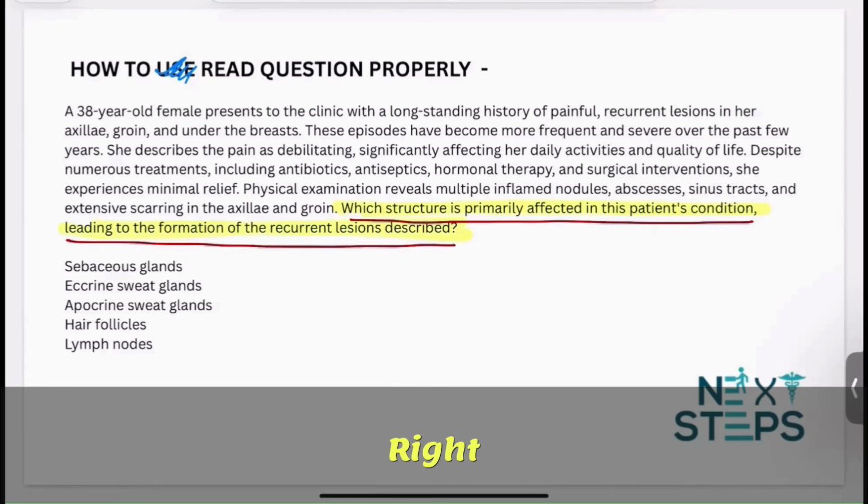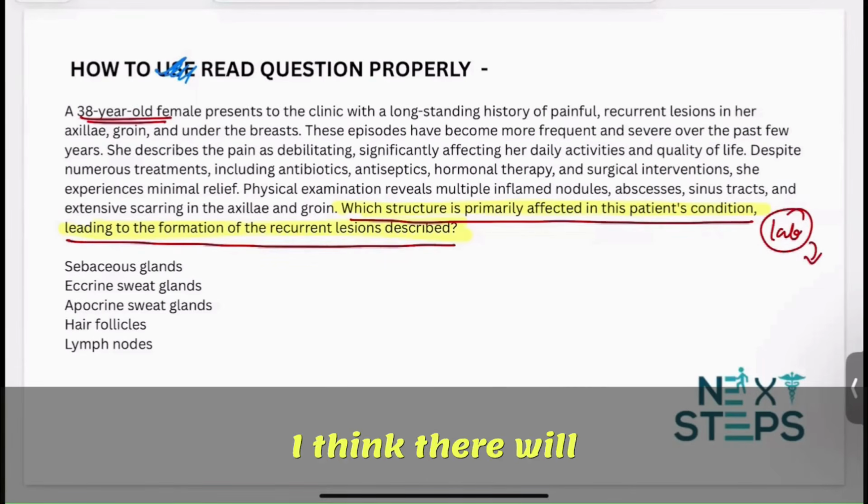Right. Now, after you have done the last line, you will have to scan the buzzwords. Generally I just scan here and there, but it is better to start from the beginning. Age and sex: sometimes they help you whenever there is an inherited condition. For example, if it is autoimmune, mostly they'll give you a young female, like in this question. If it is an X-linked recessive disorder, they'll give you a small boy, like a 4 or 8 year old boy. So age and sex will help you in that. And if there are any labs, immediately keep an eye on the labs. You might see some abnormalities.